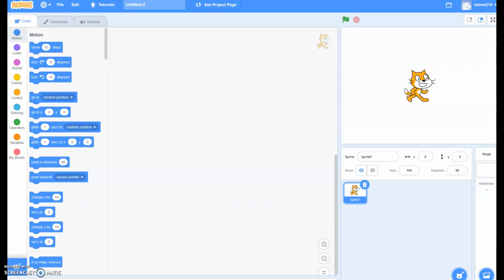Hey class, this is Rachel Sloan, and I am going to talk to you about how I would use Scratch in my classroom. After experimenting with it for a little bit, I decided that I think it would be great to utilize this during the first week of school with my students. It would be an introductory activity as well as a get to know you activity as well as an intro to narrative